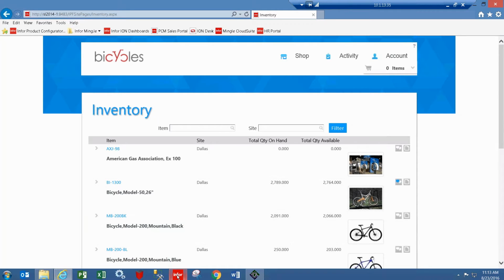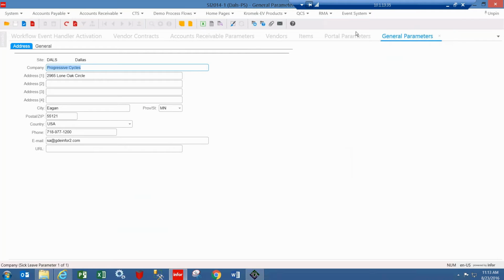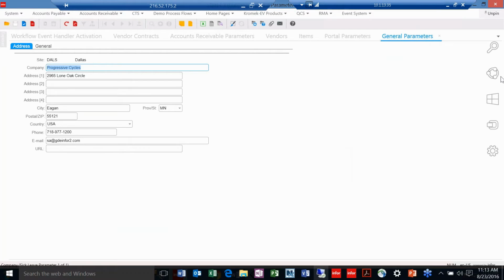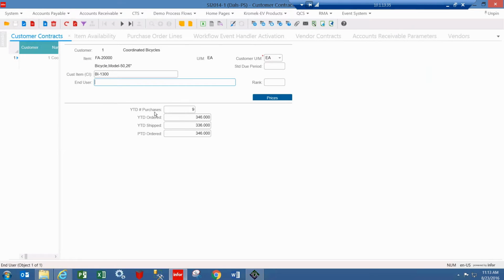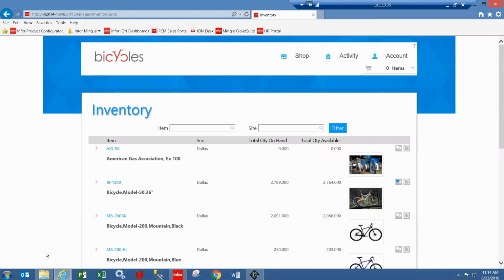If I were to go to Syteline right now and maybe look at the customer contracts form back in Syteline proper, I can see that for coordinated bicycles, item BI-1300 is internal item number FA20000. So if I come back to the portal now, there I see BI-1300, okay, and if I expand that, I